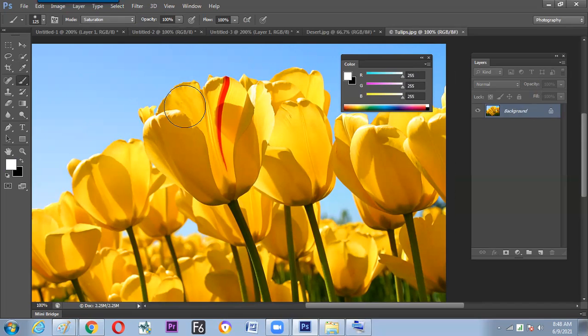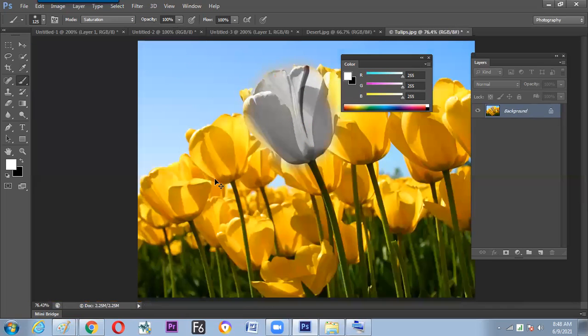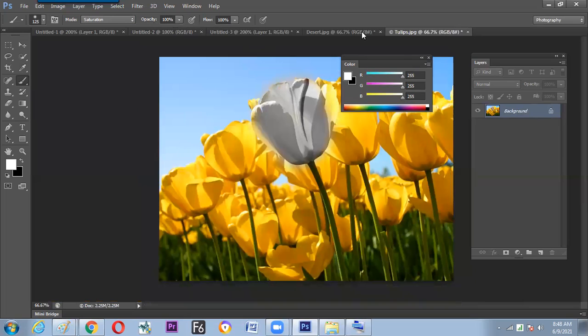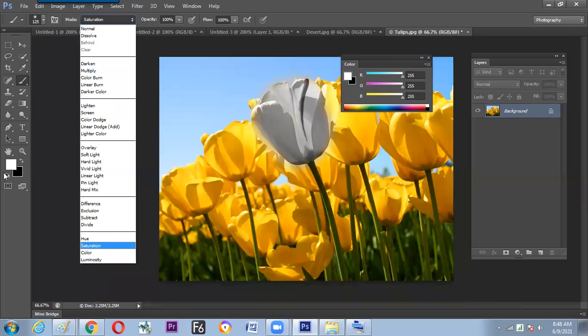That we have understood. Now the same thing happens. Can you all see now? We're making the photograph turn into black and white. So easy. How to make a particular person turn into black and white? Just paint with the brush, not in normal mode, but in saturation mode. Condition applies: take a saturation 0 value color. White is a saturation 0 value color. It makes the photograph turn into black and white.